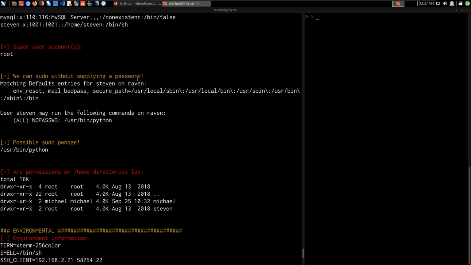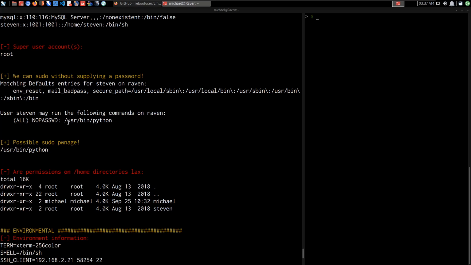All right, so this brings us to our next privilege escalation technique, which is exploiting SUID binaries or sudo permissions. In this case, it looks like for the user Stephen, a sudo permission has been set by the administrator, and the permission is listed here. So it looks like the user Stephen can run Python as the root user without providing the root password. So that means we can potentially use this as our privilege escalation attack vector,